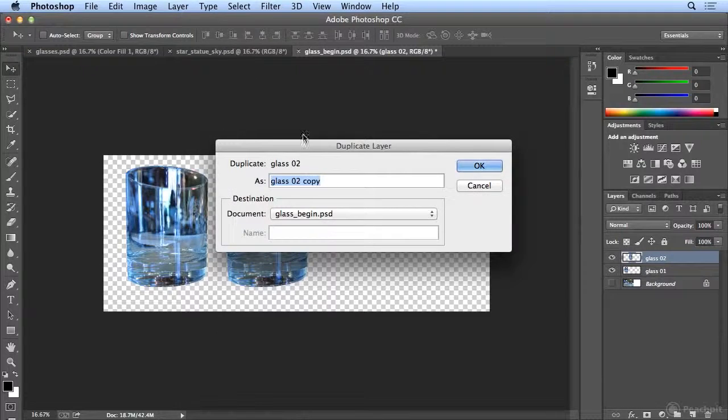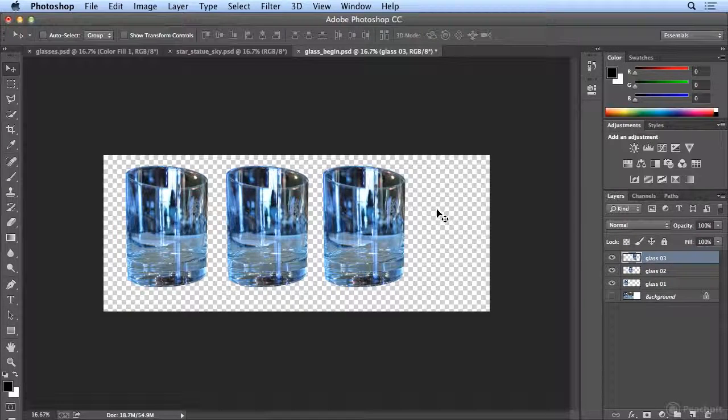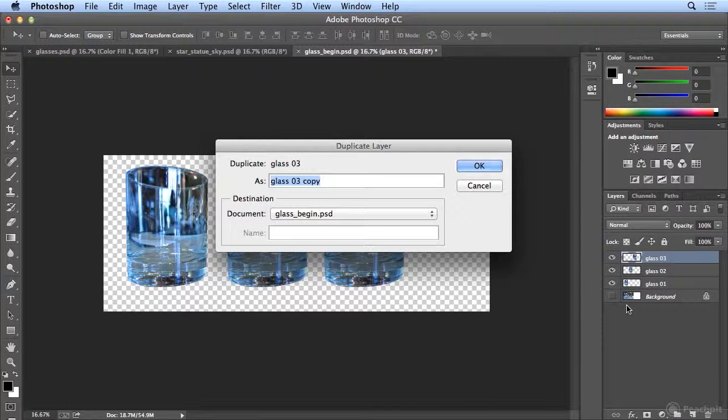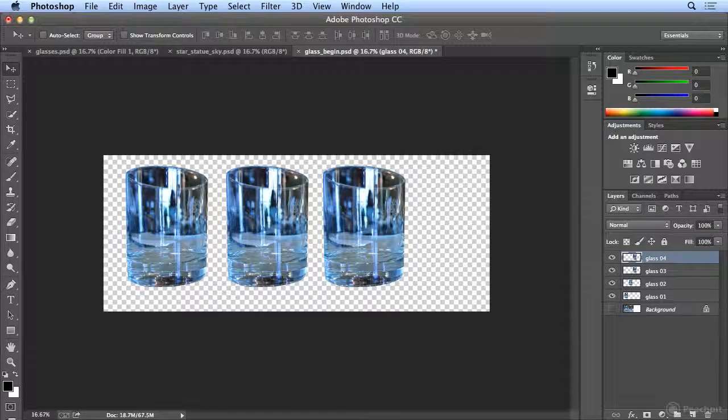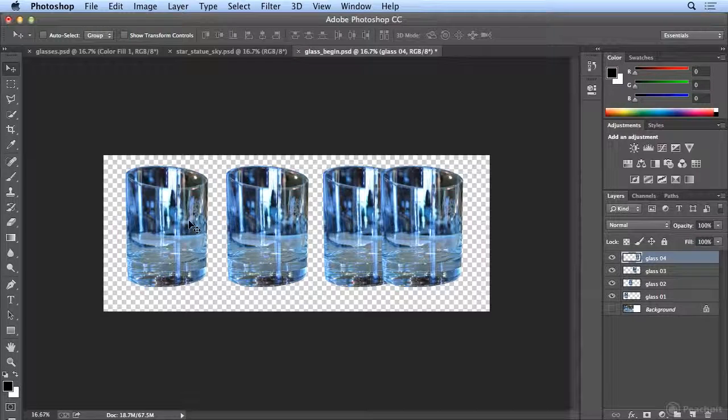Layer Duplicate Layer, Glass 3, move it over, and for good measure, let's do a fourth glass. Another way to duplicate is to right-click on the layer name and choose Duplicate Layer and Glass 4. Now, almost ready. I'm going to move this over to the right, and so that they look more evenly distributed,